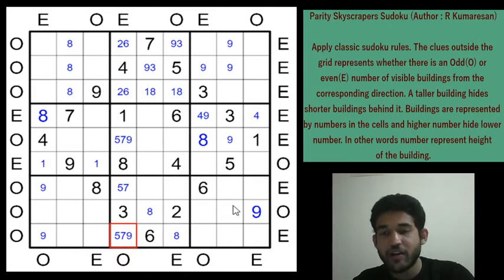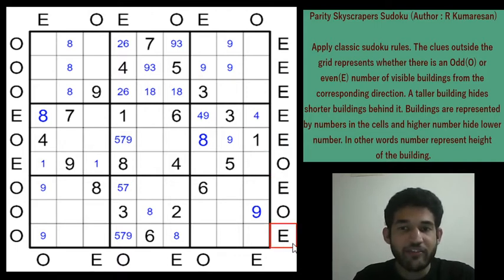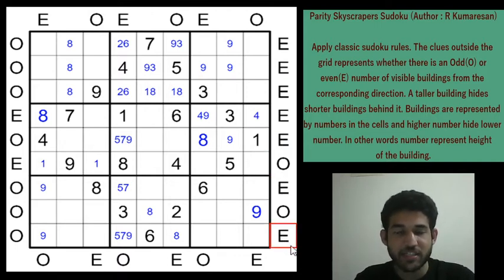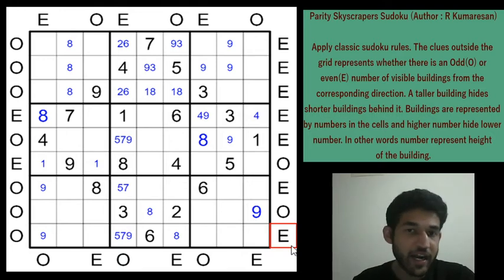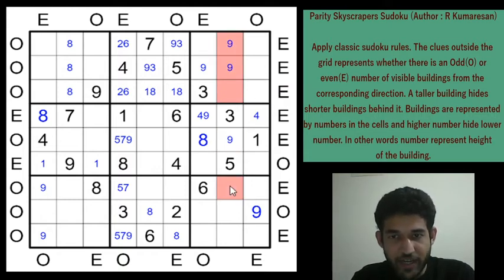Okay, we have another beautiful deduction here. I told you at the start that when you have an even clue outside the grid, you can never have 8 in the second cell from that direction, because then you will see an odd number of buildings regardless of whether the 9 is behind the 8 or in front of the 8 in the viewing direction. So which means that you can't have 8 in this cell, 8 in this cell, because all those are even clues. So 8 cannot be in these cells. 8 cannot be here due to classic rule. 8 cannot be here and 8 cannot be here. So that leaves us only one cell to place the 8 in column 8. What a step. What a beautiful step. So you will get the 8 here.